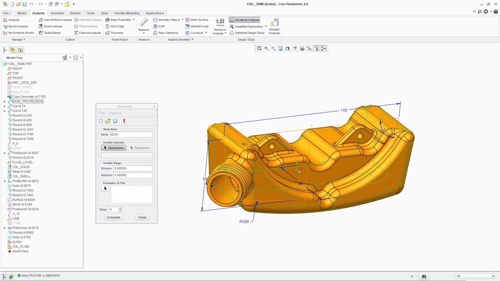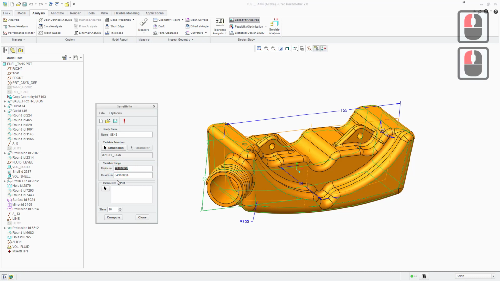We're going to, in this particular instance, choose to vary this 59 here, so you can see that we've got that selected now, and we're going to give it a range of values that it can vary this parameter in between. So we're going to go from 59, which is the current one, up to 65,